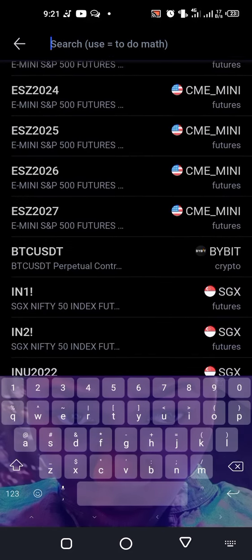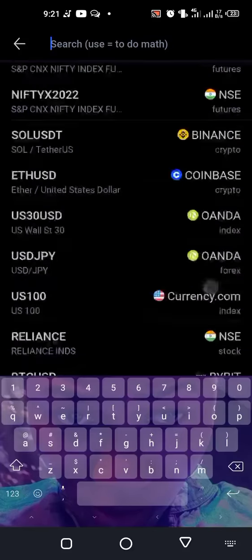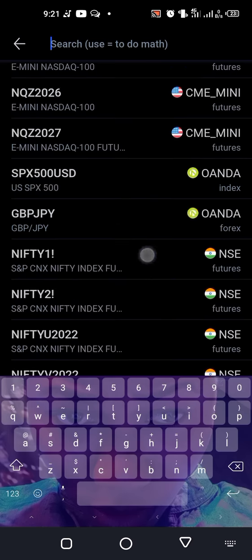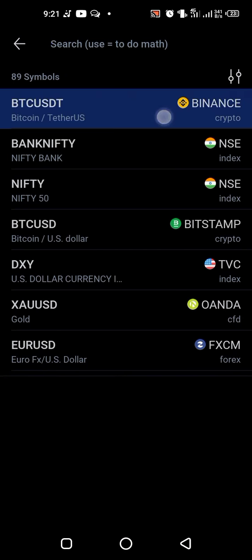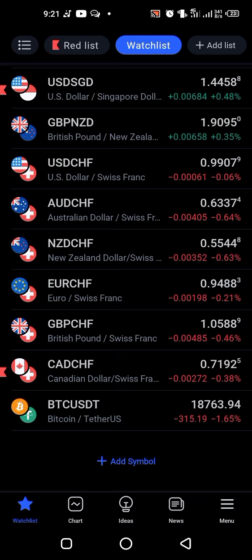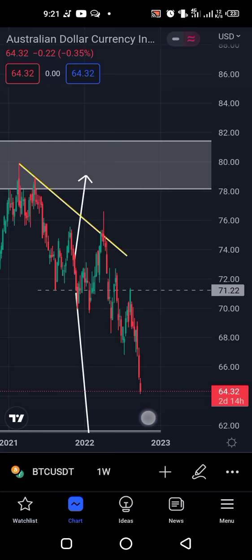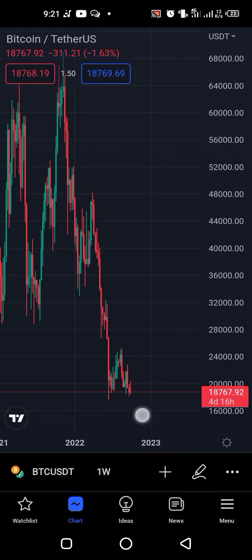You can literally analyze anything on TradingView. Actually, you can only trade them when your broker makes these pairs available for you to trade. But you can do your analysis here. I do my analysis on Bitcoin here, so I think it's already added somewhere. But anyways, if you look at it, you see